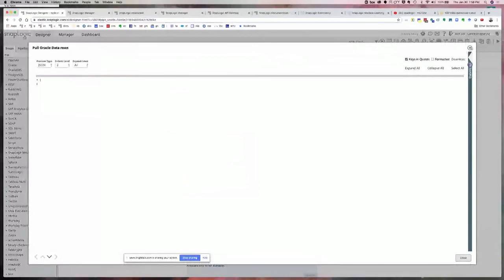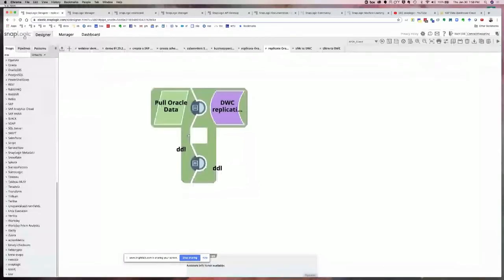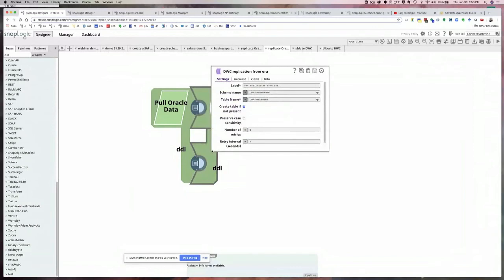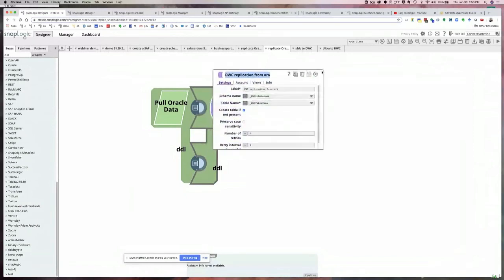The refresh on this needs to happen, I'm sorry. So I'm going to pull the data out of Oracle, and I'm going to put it into the HANA Data Warehouse Cloud using this snap. When I ran this,